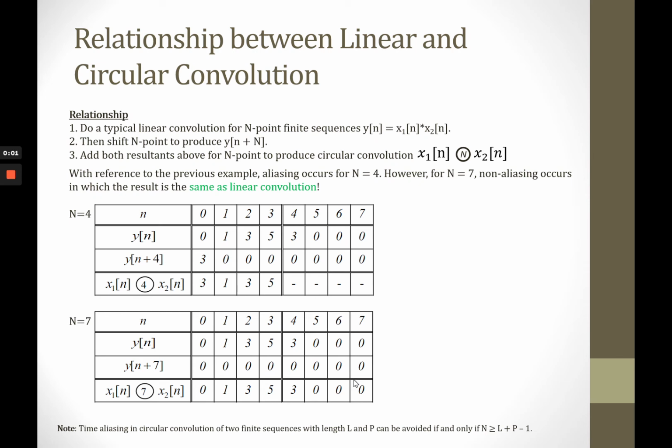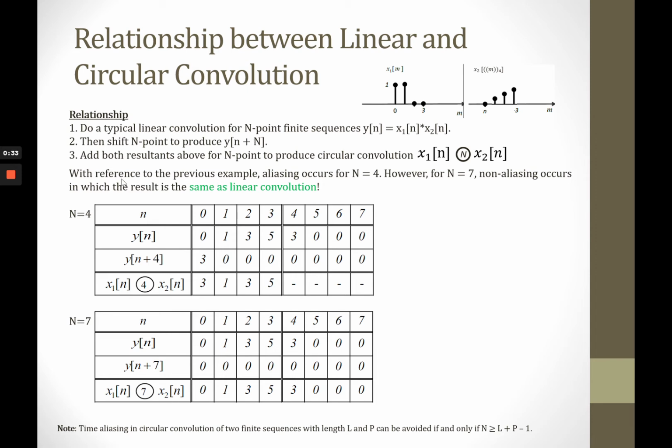And now we move to the relationship between linear and circular convolution. To investigate the relationship between these two types of convolution, first we do a typical linear convolution for N-point finite sequences y[n] between the first signal x1[m] with x2[m], modulo N equal to 4. And then the second step,